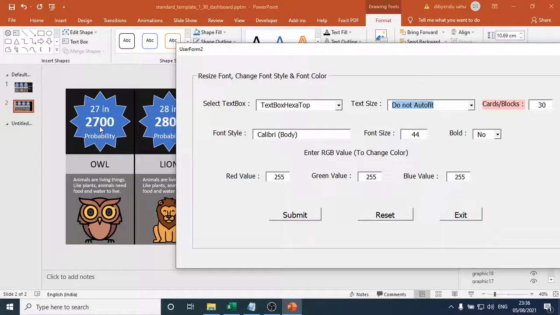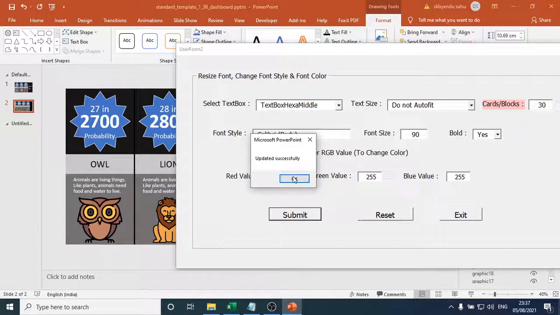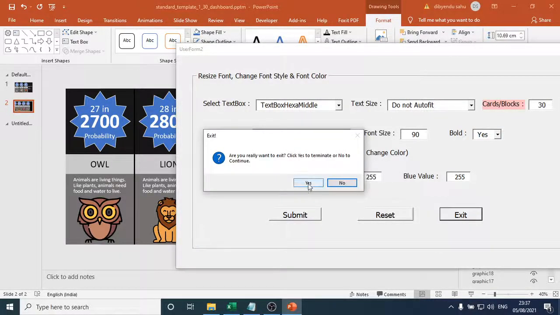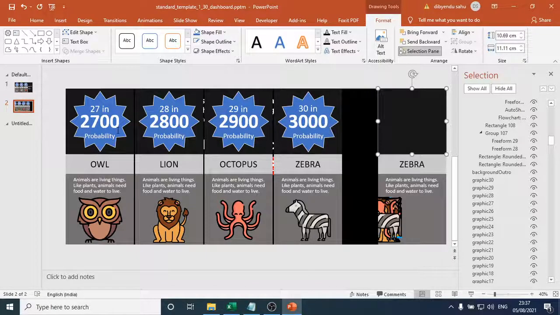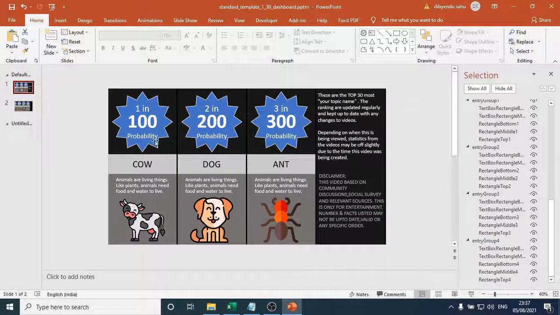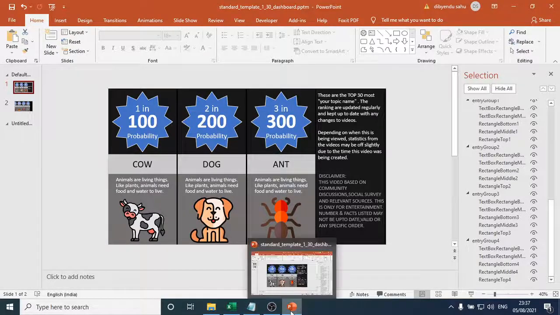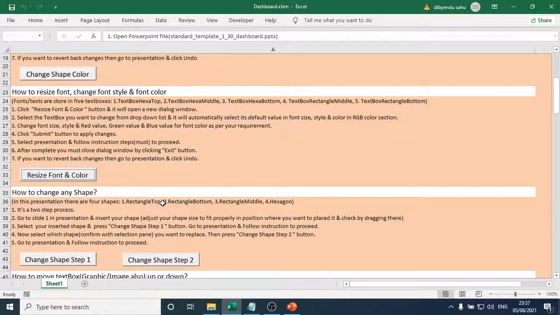I change this hexagon text box hexa middle, this is 27, this is 66, I want to give it 90, bold yes, submit, let's make it bigger. See, this is bigger. So everything you can change from the dashboard, just a click on a button.